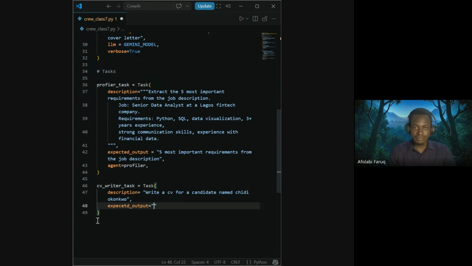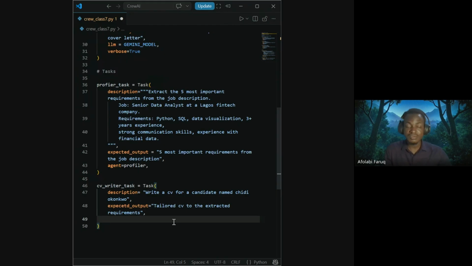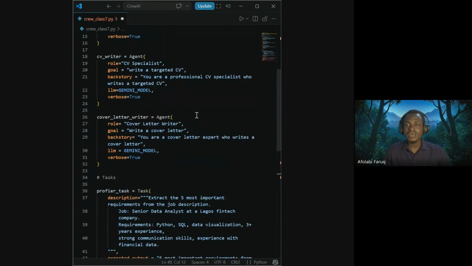So you're saying: tailor the CV to the extracted requirements. The requirements that we are going to be passing here are what we want this CV to be tailored to. The agent that is handling that is the CV writer.